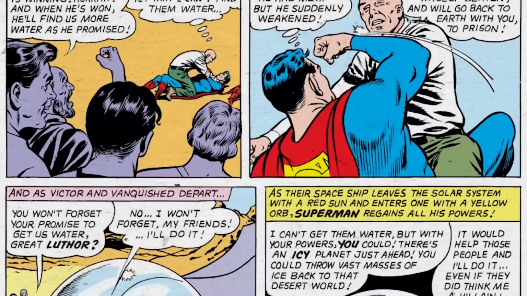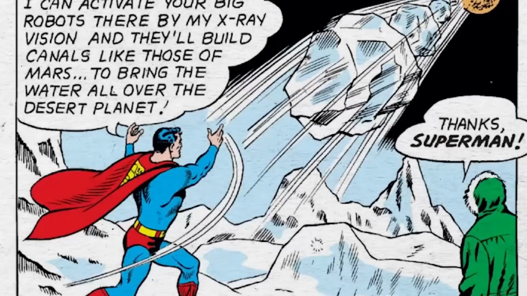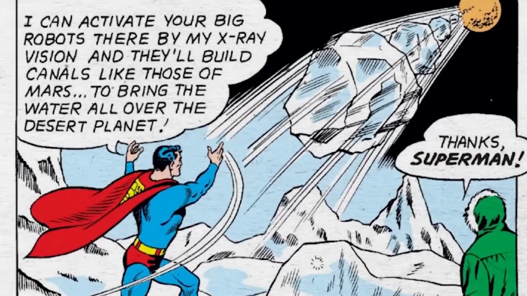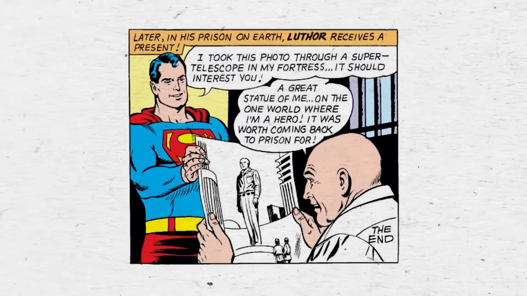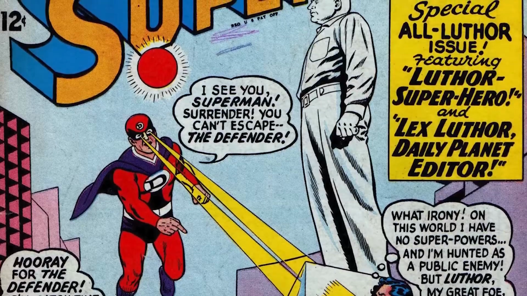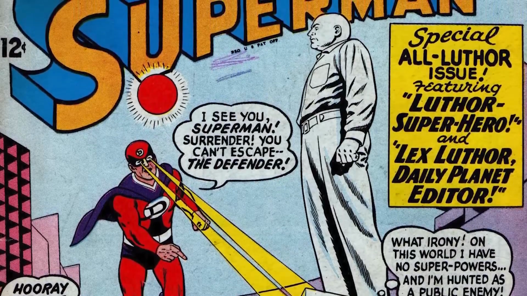Lex, aware that the planet's water is running out, chooses to lose the battle. He does it deliberately to return to Earth with Superman and find a way to send water to save the people. Superman realized that Lex could see beyond himself and sacrifice for others. The planet is then renamed Lexor, honoring its hero from another world. And for several years, Lex returns from time to time to visit and help his adopted planet, and even falls in love. But he's not able to stay for long because his hatred always brings him back to Earth until one day